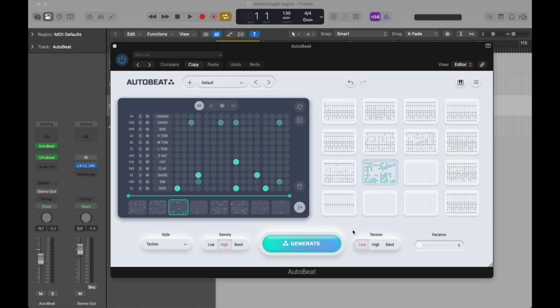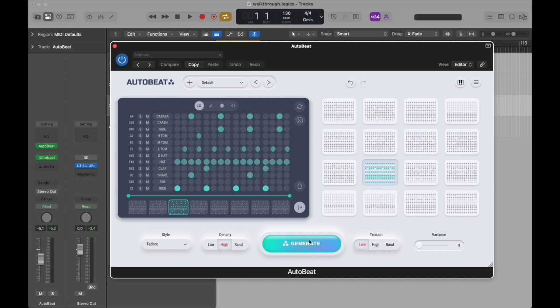Okay, to return to an earlier point, there are two beat generation modes in AutoBeat. One is the whole beat set generation, and the other is the single beat generation. So I'm gonna show one use case that you might find useful. I have just generated the whole beat set, right? Okay, so I like certain things in that, but I would really like to get a different set of